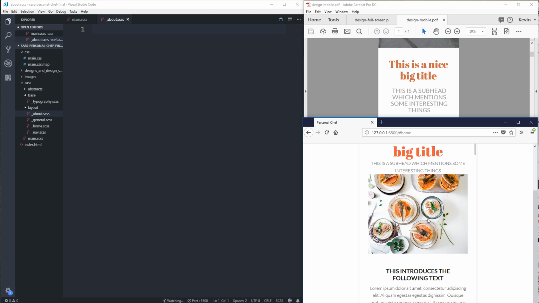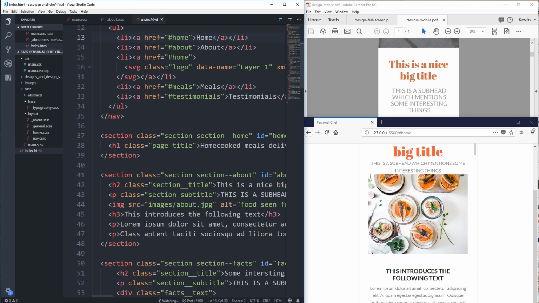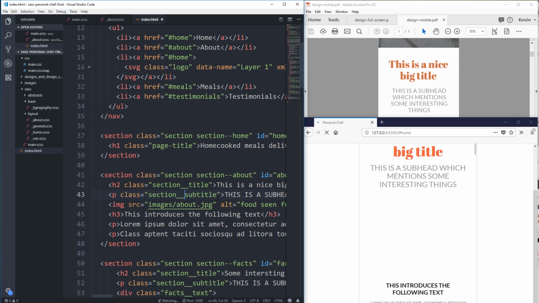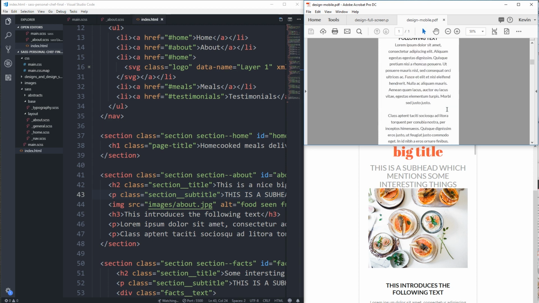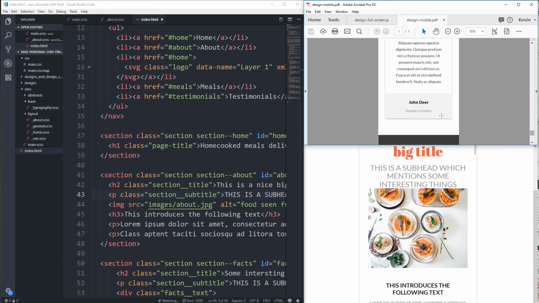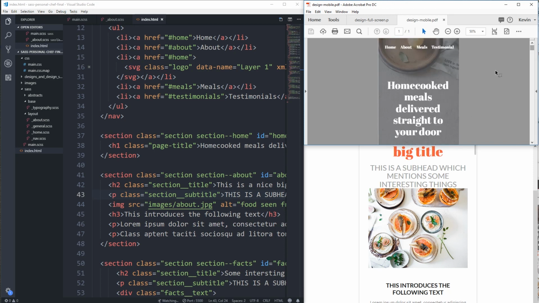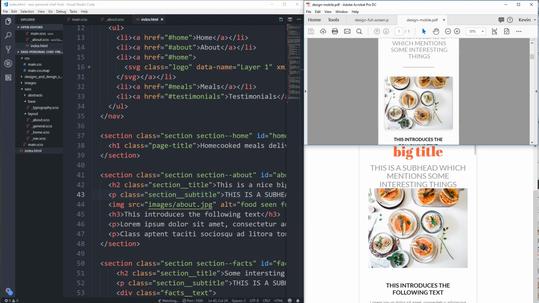Now there's a few things that have shadows, so we're going to make a variable for our shadow as well. So let's go and look at my index over here and see what I did wrong. Section, I missed an underscore. Good. Now I need that to have an underline. I have an underline here, but I also have underlines here. So when we do that, we have to use a pseudo element. So what we're going to do for now, I'm going to give this the shadow on it, and then we're going to come back in the next part and we'll work on creating a little mix-in to create that line